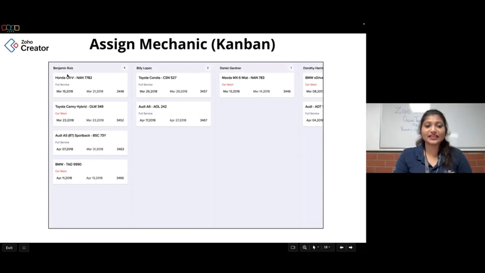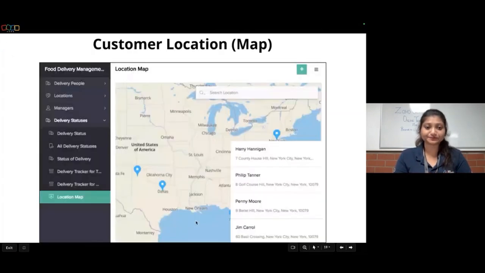You can see here Benjamin Ruiz is one mechanic, Billy is one mechanic, Daniel and Dorothy. All these four are different mechanics, and you can assign the mechanics within the report itself, or while adding the data you can assign the mechanic.